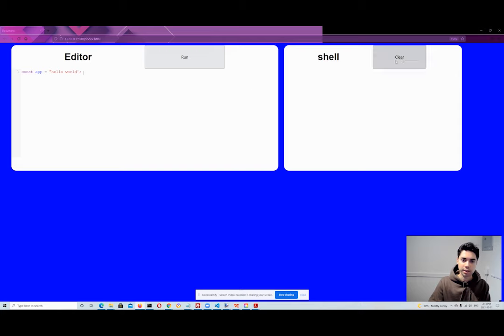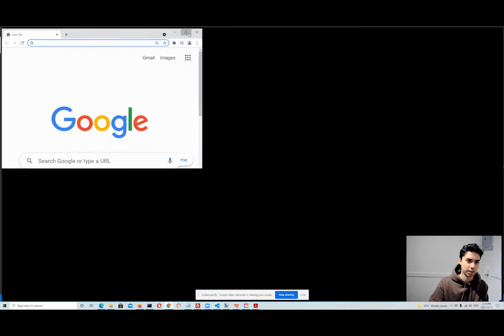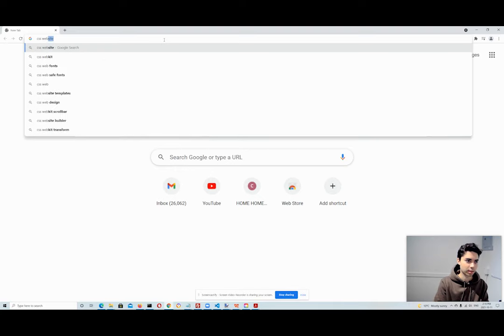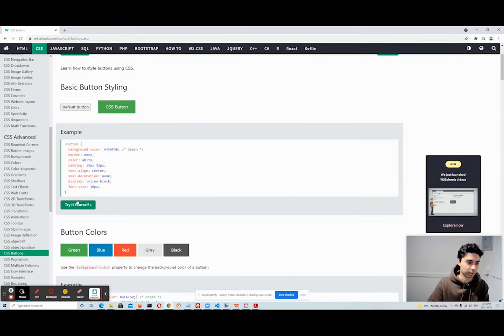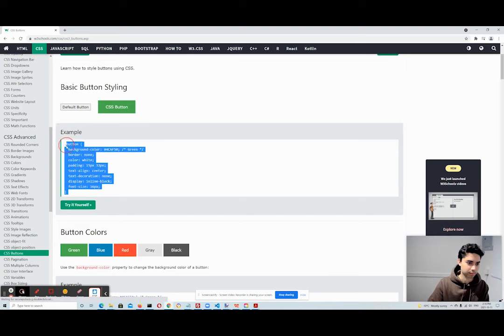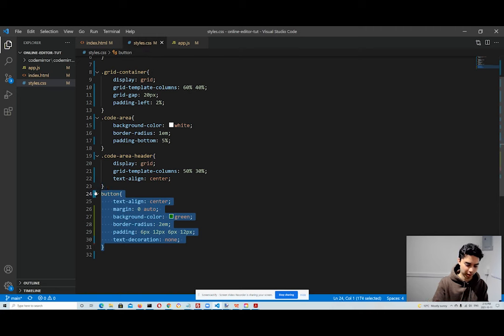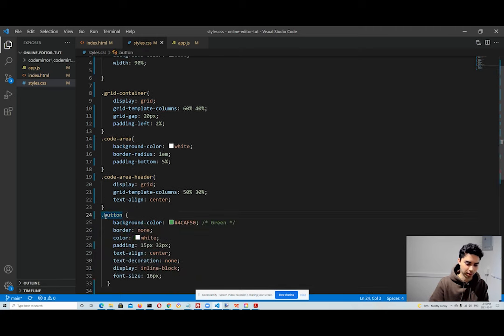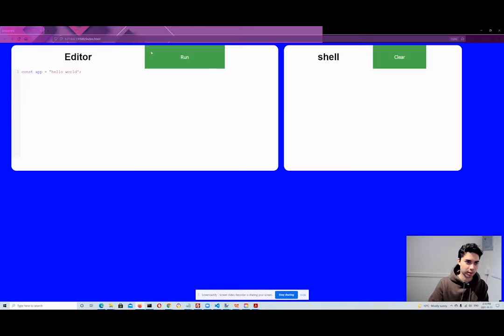And all that's left is to style these buttons. So what I'm actually going to do is what I always do, go to CSS Button Styles. And we will just steal this styling. So we'll grab this. We'll copy and paste that into our code instead of reinventing the wheel ourselves, especially when it comes to styling like button. So we'll go back to our application, and we already have much nicer